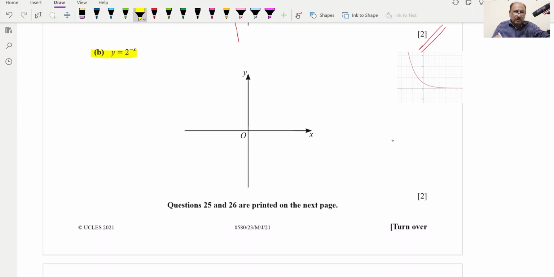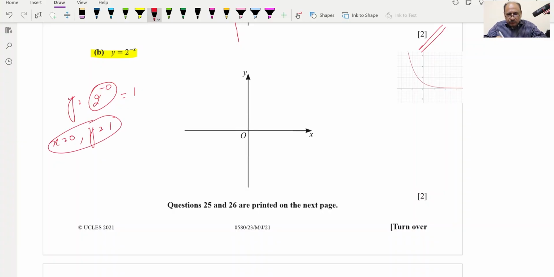Similarly, we can sketch this also. When x is equal to 0, 2 raised to 0 will be 1, so y will be equal to 1. So this point will be (0, 1), and we can take this point. And when y is equal to 0,